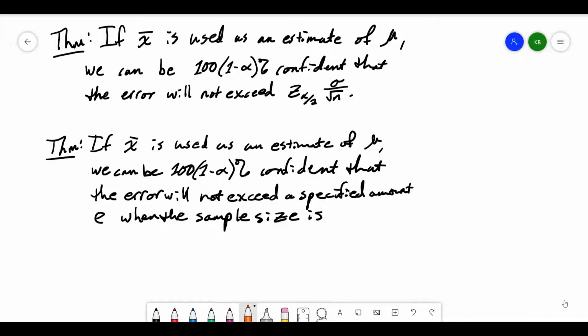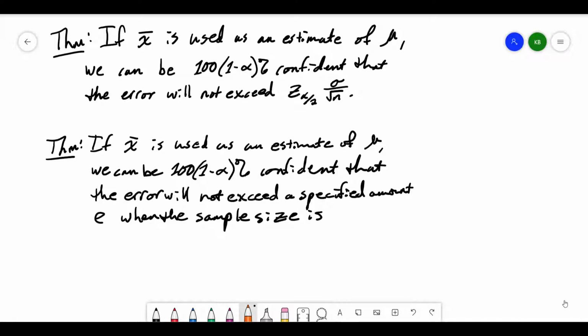So it won't exceed z sub alpha divided by 2 times the standard deviation of the population divided by the square root of the sample size. Now, there's another theorem that is basically a direct result of that. It's the same idea. We're going to use the sample mean. It's used as an estimate of the population mean. And we can be whatever % confident that the error will not exceed a specified amount E when the sample